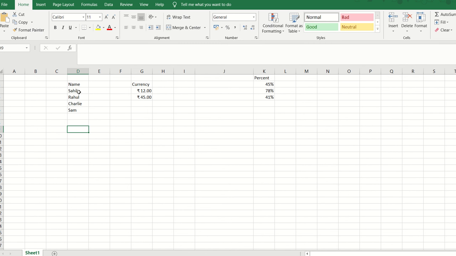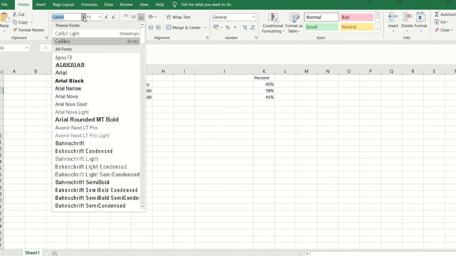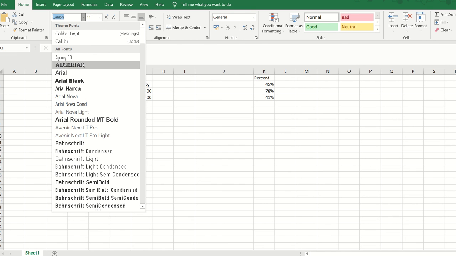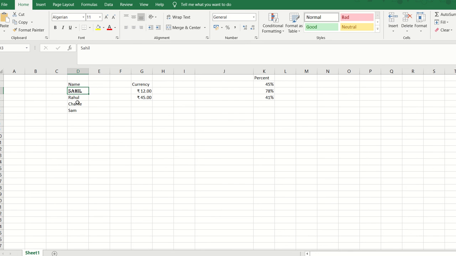In case I want to change this text format, I can select that particular name, click on the drop down which is available, and select the font style from any of those listed over here. Let's suppose I've selected Algerian. Now I want the rest of the names to be automatically highlighted in the same font style.